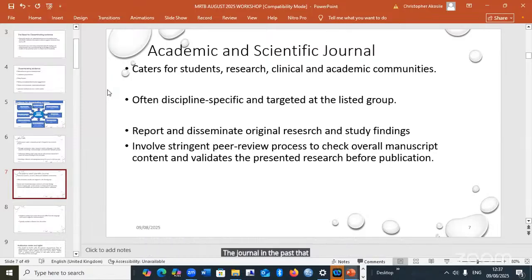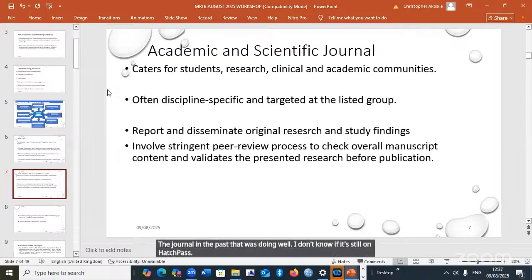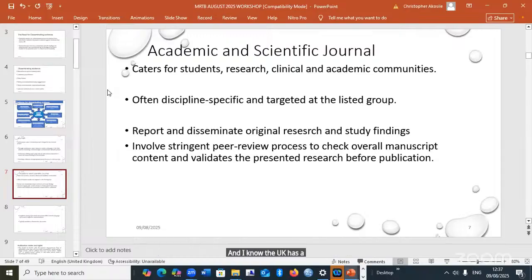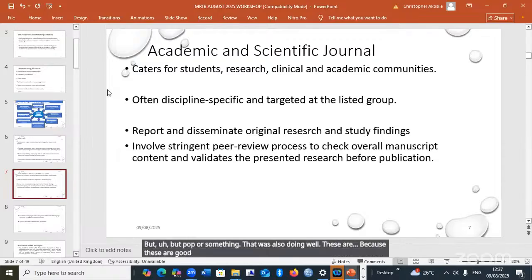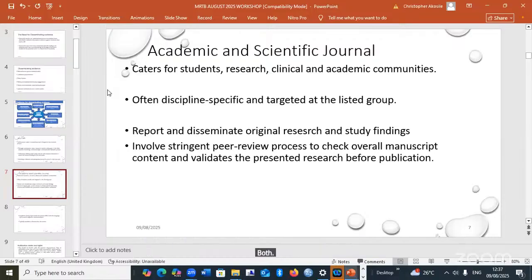I don't know if it's still on, AJPAS. And I know BUK has a journal that is also doing well, Bayero Physiotherapy, BACPAP or something. These are good local journals and are doing well. But you should check what kind of journal it is before even considering how well you can use the findings from such journals.